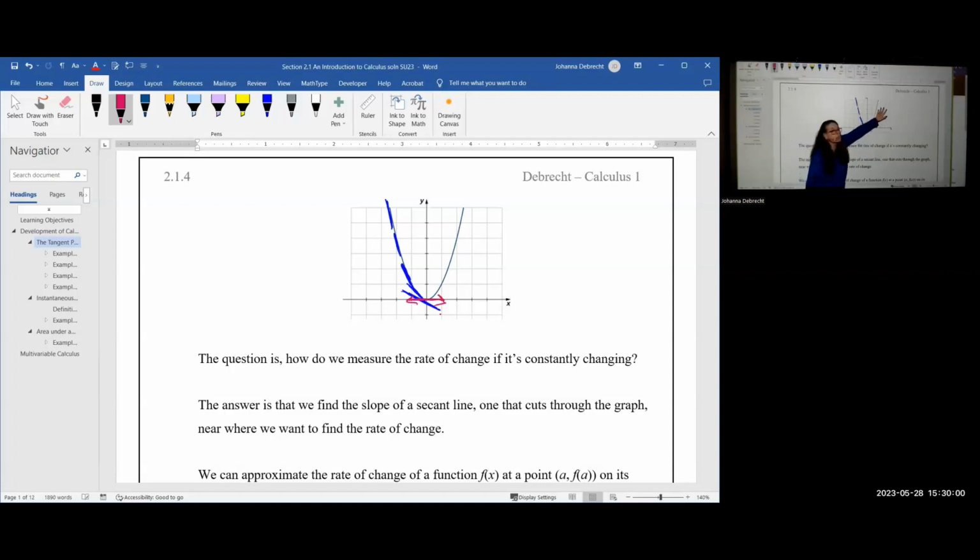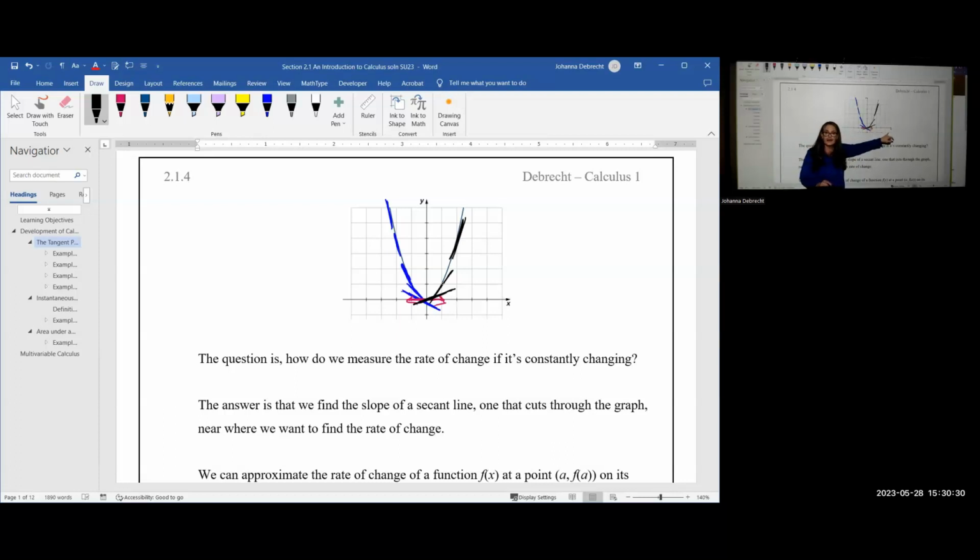Then what happens to the slope as I move over to the right side? As I move over to the right side, notice that it again starts out not very steep, but now positively sloped. And then it gets steeper, and then it gets steeper. So the problem here is that it's not constant. The slopes of these lines are all different, which means that the rate of change depends on where the x